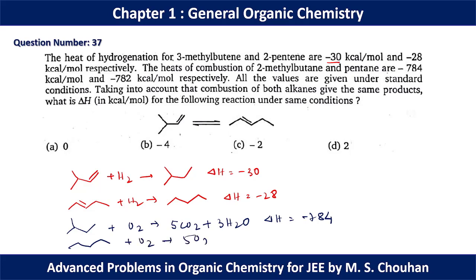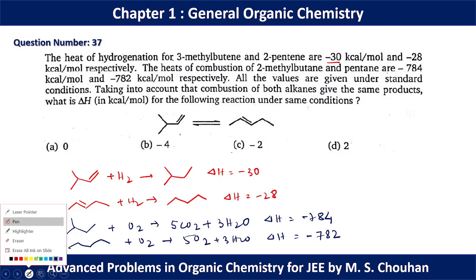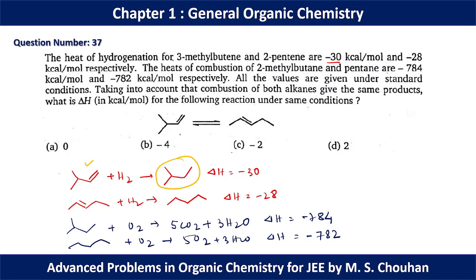for the reaction is minus 782. Now thing is that we can think like this. We have started with this molecule, and now we have to find the delta H for this type of reaction. Okay, so we have started with this molecule and we have performed this hydrogenation, and after this hydrogenation, if we start with this combustion process, we can have this situation.